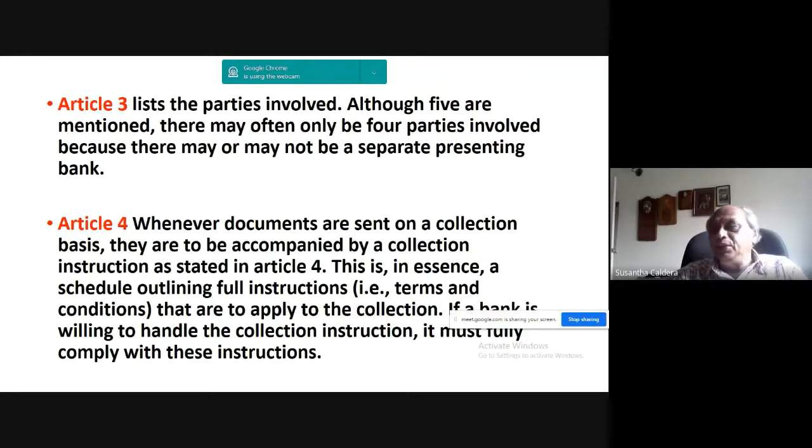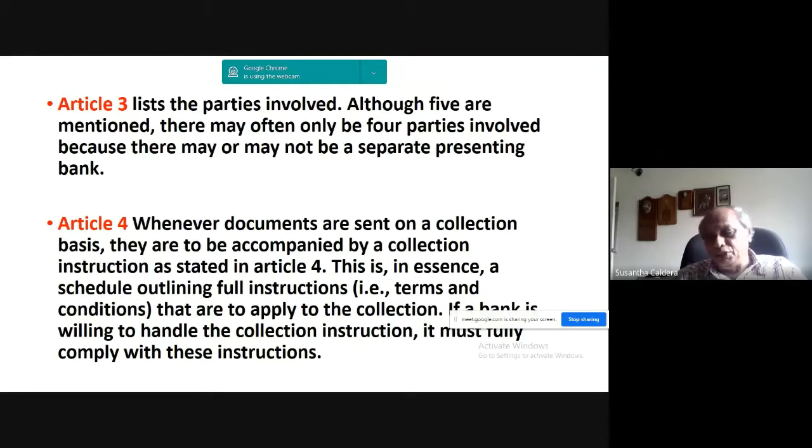But after that, they have to send the collection order form to the collecting bank as per Article 4. So there may be a lot of things missing. That is why we have introduced collection order forms